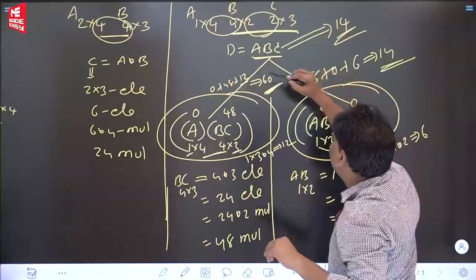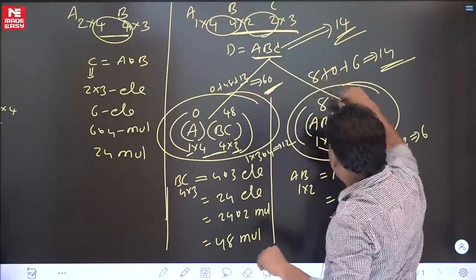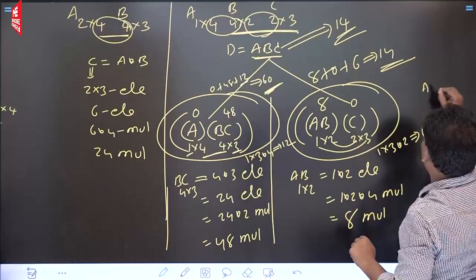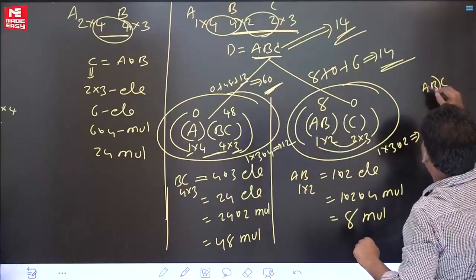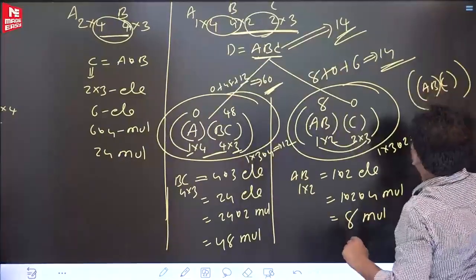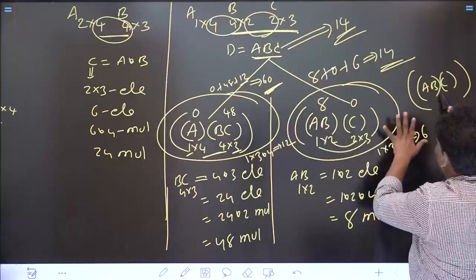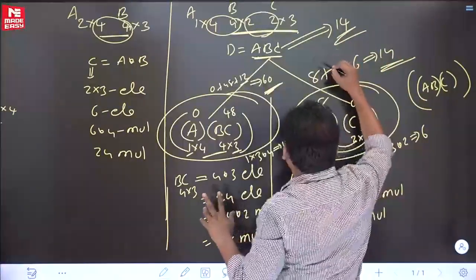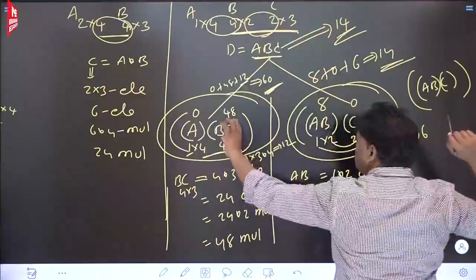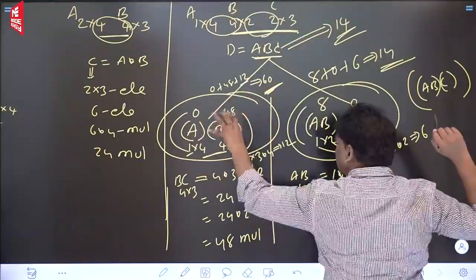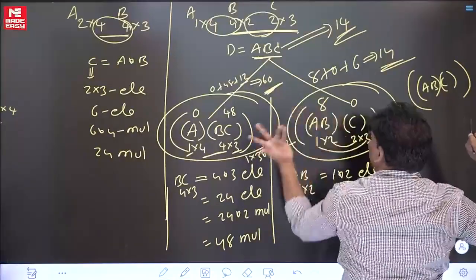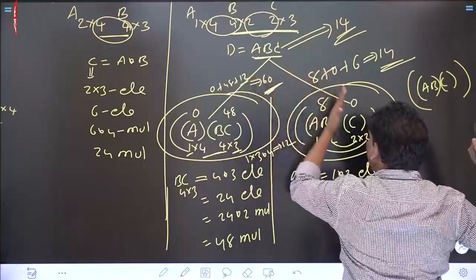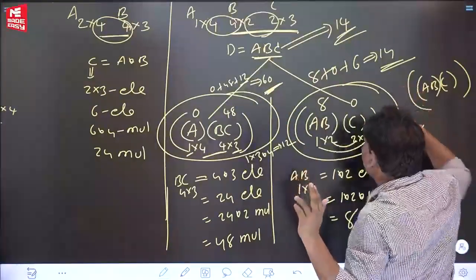Next, is the first path giving the best answer or the second path? Second path means what? First AB, afterwards C. See this one, ABC. First AB, afterwards C, right? If you do like that, you get 14. If you do like this, you get 60. Best one is going to be the second one. Can you help me now? If you keep parenthesis, meaning brackets, in the first way or second way, which gives the best answer? Parenthesis in the first way, 60 came. Parenthesis in the second way, you got 14. I think best one is the second one.